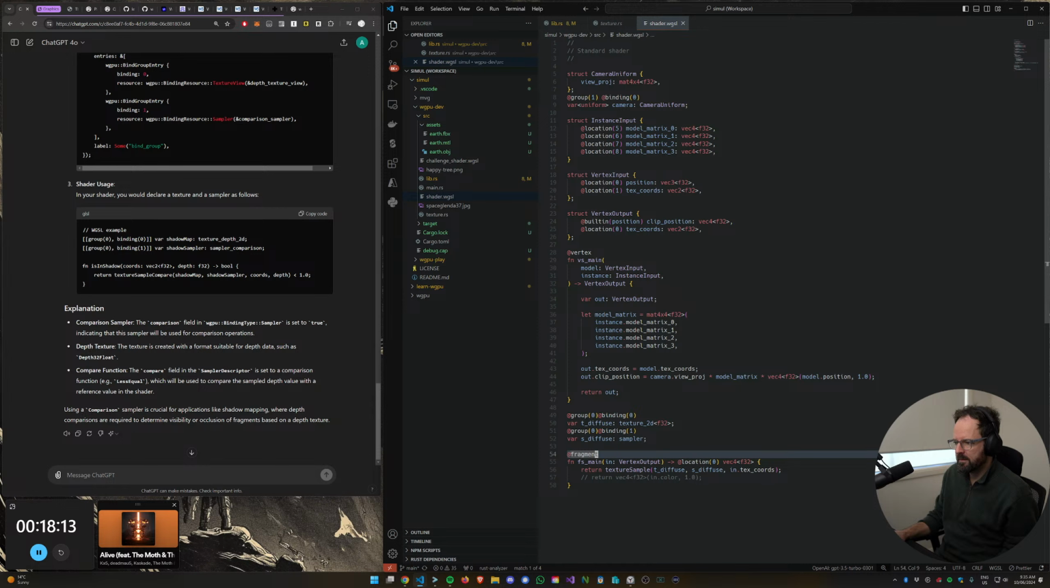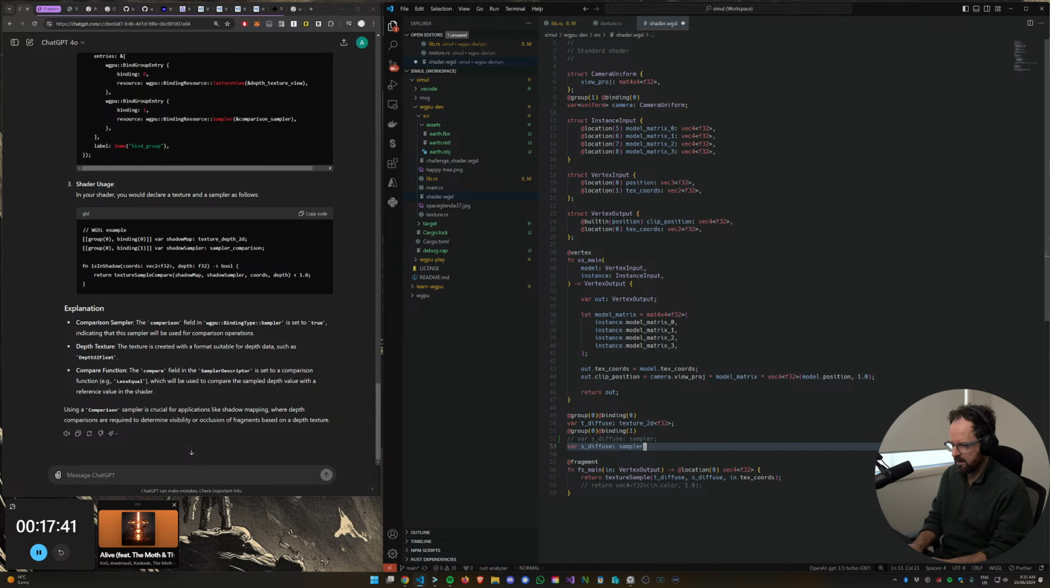So we've got this, right, depth texture 2D, and the sampler. So it's a different type of sampler. That's the difference. So basically it's like this. This is going to break everything, but let's just go with this for a second. So sampler comparison. And then this returns